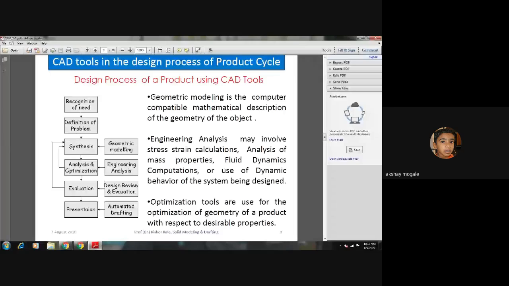So geometric modeling is a computer compatible mathematical description of the geometry of the object. When you draw or create a model in modeling software, it is actually saved in terms of mathematics. You might not be knowing, but we are going to study the same thing in the next topics.